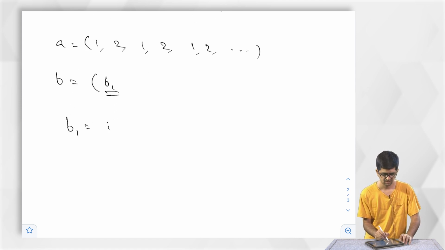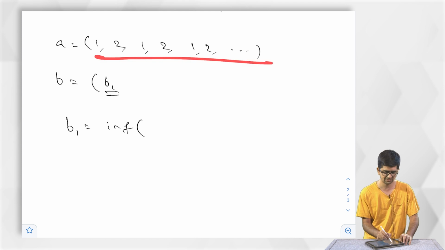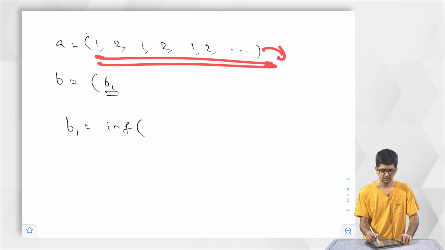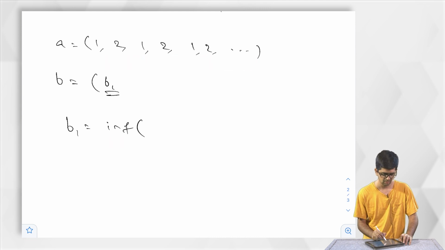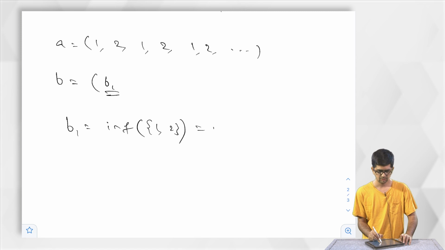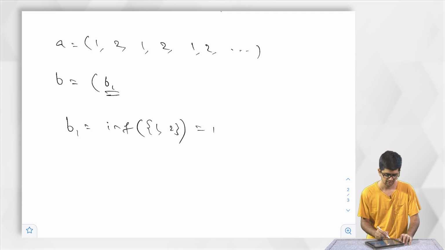B1 is equal to the infimum of the whole sequence, starting from the beginning. Look at its image, then take the infimum. The image of this sequence is 1 comma 2. What is the infimum? 1. So B1 is 1.